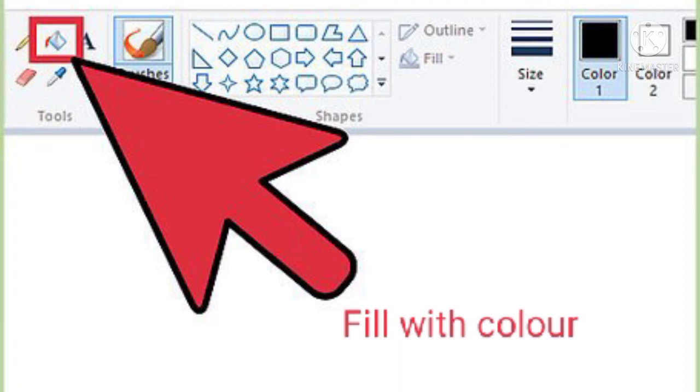Left click on the space you want to color. You will find that the closed area or shape gets filled in with the color of your choice.